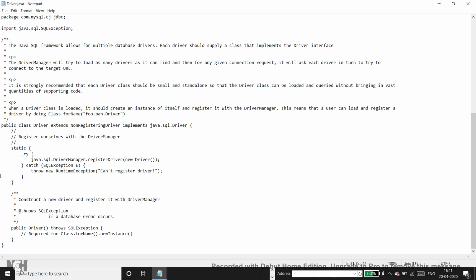Can someone look at this particular code and see the headline, the comment that they have given: register ourselves with the driver manager. Register ourselves with the driver manager.